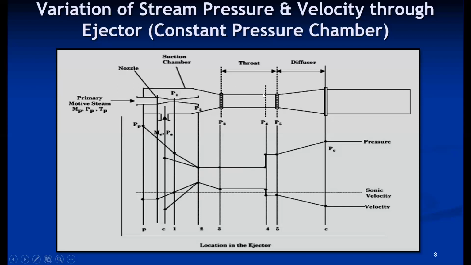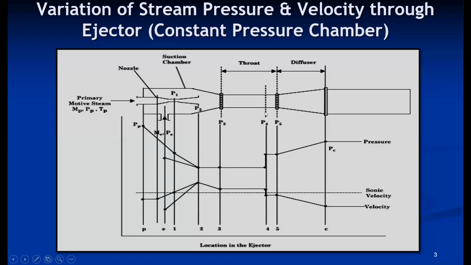There is some area where there is a possibility of shock. The shock is a kind of normal shock. Due to this and mixing, there is a possibility of normal shock. The location of the shock depends on the geometric parameters as well as the operating parameters of the ejector. But somewhere close to the inlet of the diffuser section, the shock arises. There are many research papers available on CFD analysis of how the shock is developed, the different locations of the shock, and the parameters which affect the shock. There the main pressure rise happens.